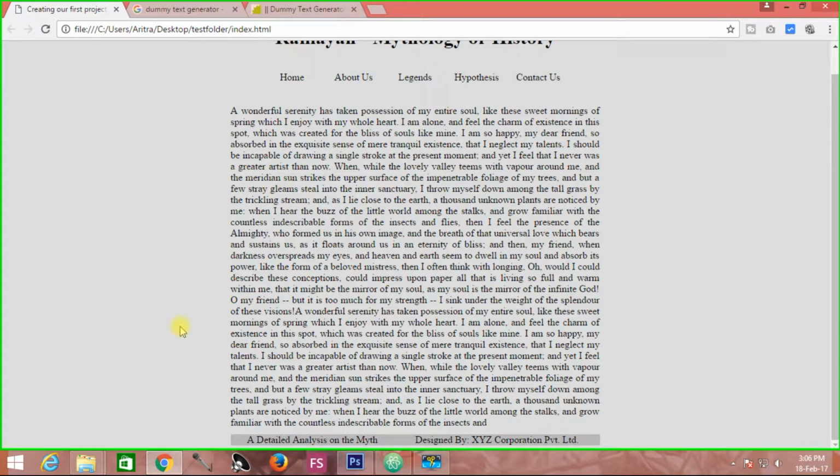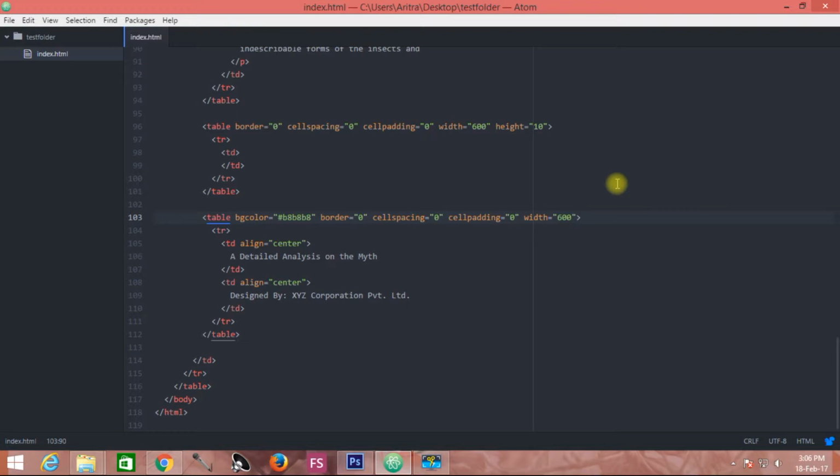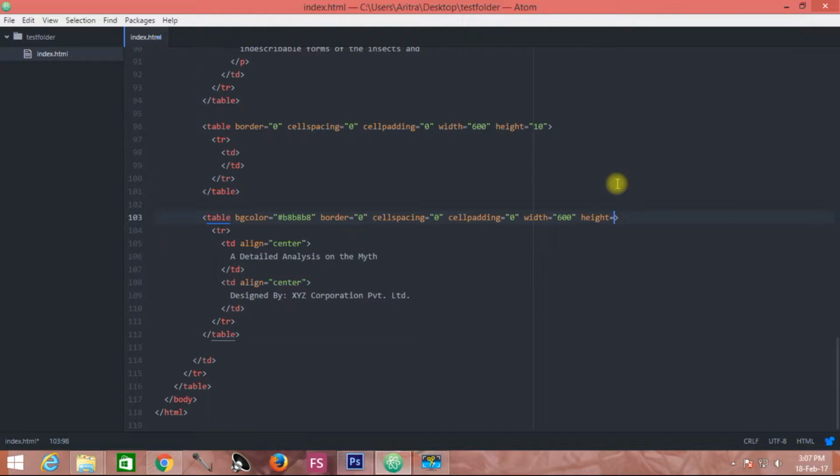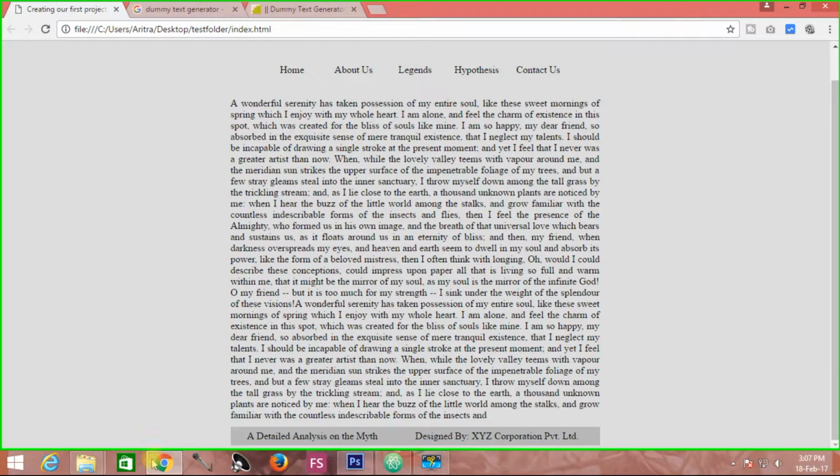Now you come back to your page and reload, and you see that this BG color property has been now imposed over here, and all you need to do is to provide it a little bit more height such that it gets more spacious from top or from the bottom. So all we are doing here is recreating that particular height over here. We are forced to do so, and one thing is sure, that this content won't go down. We don't need to worry about these content elements here, as those are synchronized and prescribed. So all you need to do is to provide a particular height, press Ctrl S, come back to your project, reload, and you see that this thing has now been a little bit more spacious.